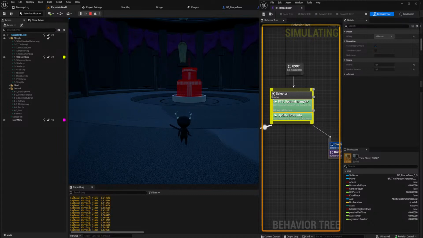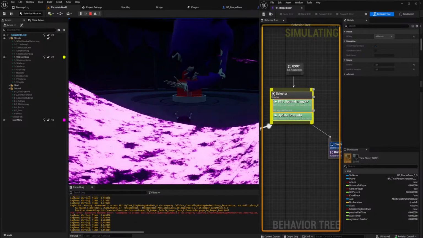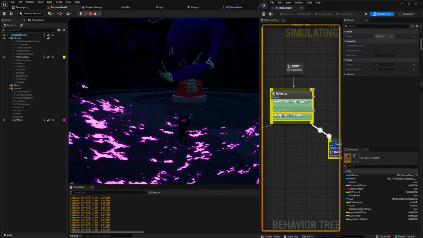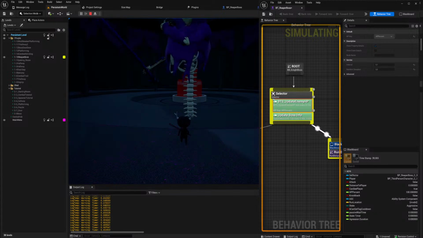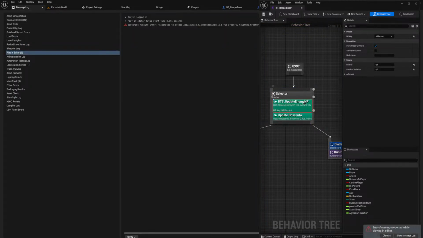And we're back to the issue that we had before, where it's only printing the delta time. And it is for some reason switching between the two states. Okay, update enemy HP.